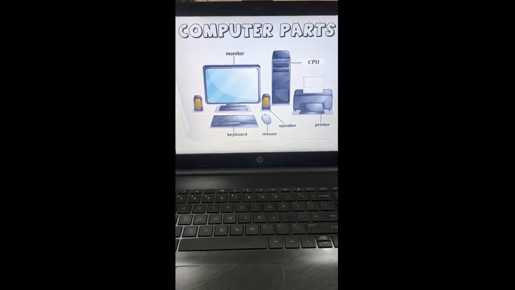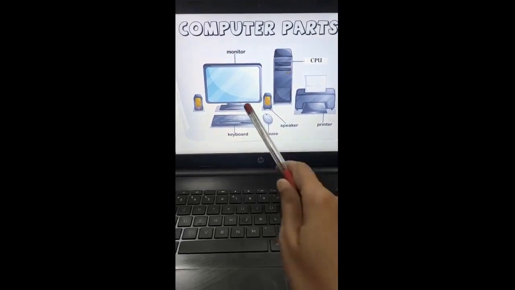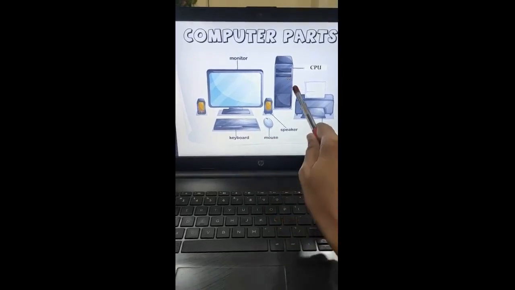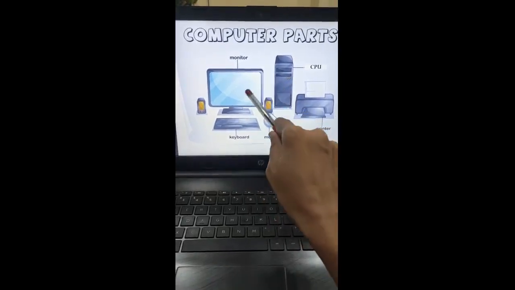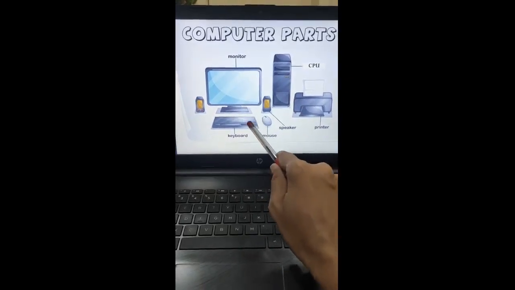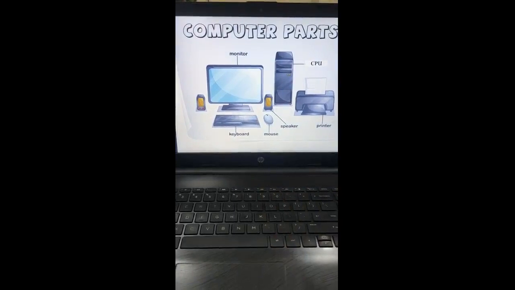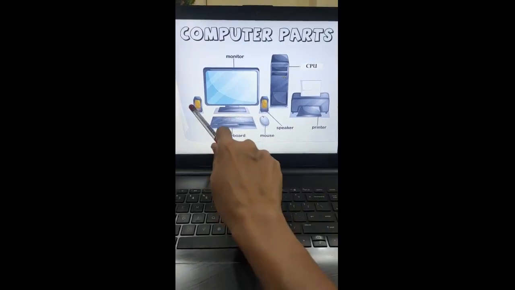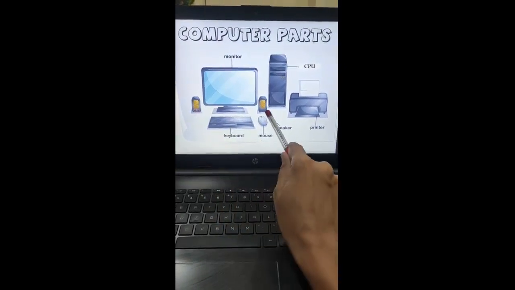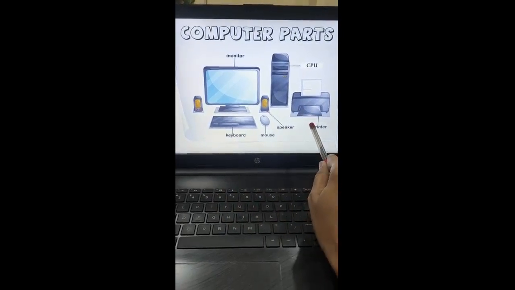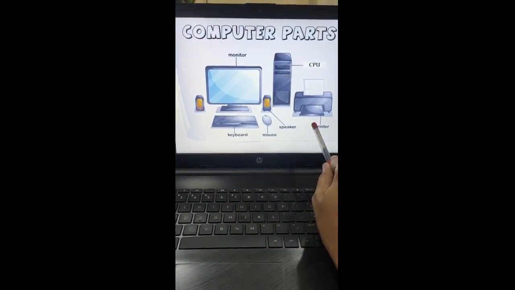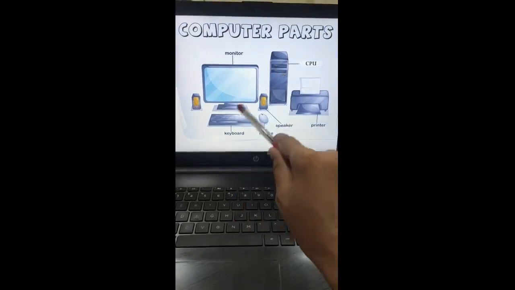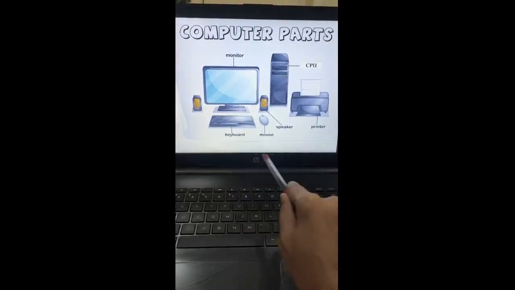So dear children, do you know a computer has 4 main parts? These are monitor, keyboard, mouse and CPU. These are the basic, main parts of a computer system which help the computer to function well. Some other parts are also there, like speakers to enjoy music, to listen to songs in a good voice. Printer is there to get the copy of your text. So all these make a computer function well. These we call computer parts.